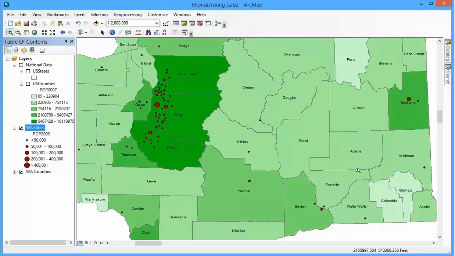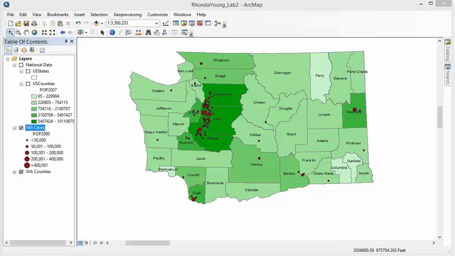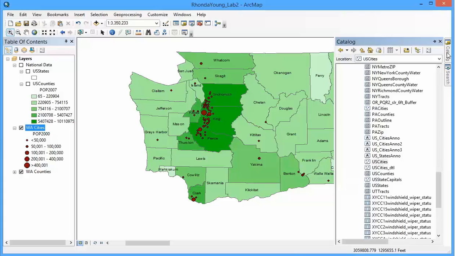And then at least we get a little bit more variation in the data and the symbology. Okay, for step 13 of GIS Lab 2, we're going to be working with different symbols. Specifically, we want to create a symbol that shows what the capital is. So we could do this on the national level. We're just going to be doing it for the state of Washington to use a different symbol to show what Olympia is. So since we still want to maintain our symbology for the population, we're actually going to go ahead